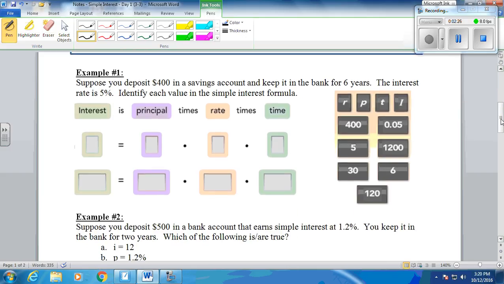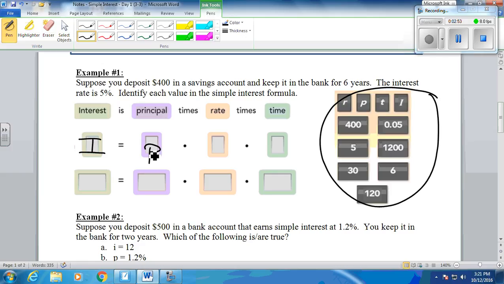Number 1 says suppose you deposit $400 into a savings account and keep it in the bank for 6 years. The interest rate is 5%. Identify each value in the simple interest formula. So over here, they're giving us the possible things that we could be filling in our formula with. They're telling us that interest, again, is the principal times the rate times time. So interest is the letter I, principal is the letter P, rate is the letter R, and time is the